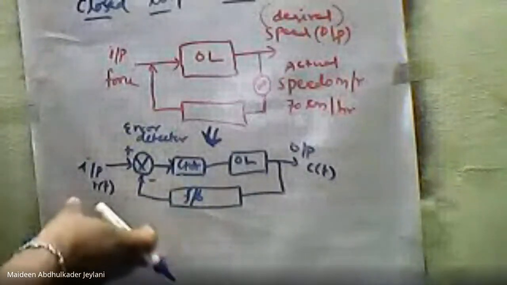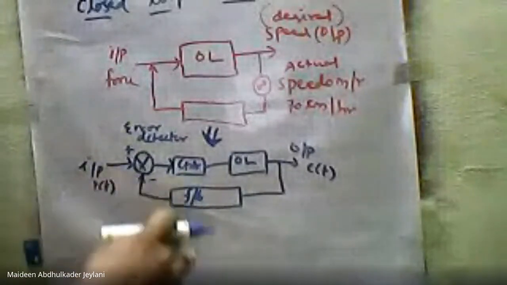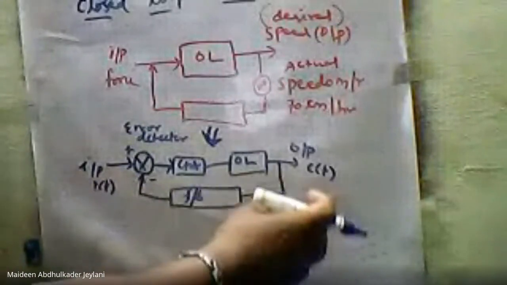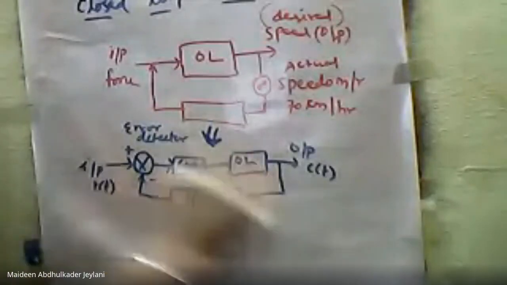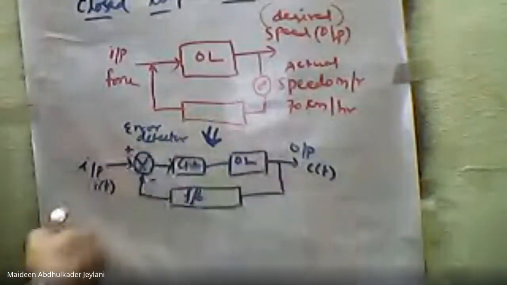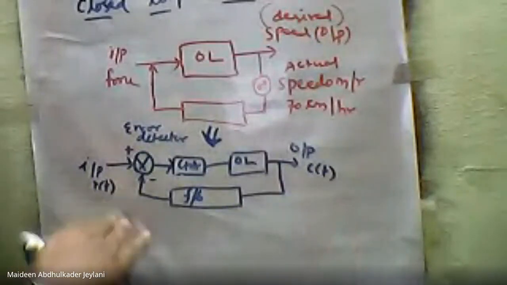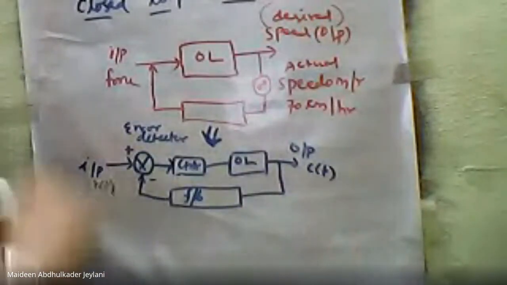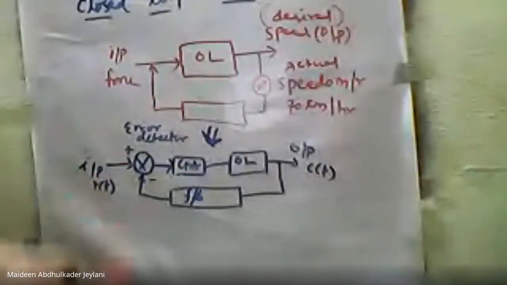The control system in which the output has an effect on the input quantity in order to maintain the desired output value, that we call a closed loop system. Clear? The control system in which the output has an effect on the input quantity in order to maintain the desired output value, that we call a closed loop system. Okay, and for an open loop system,